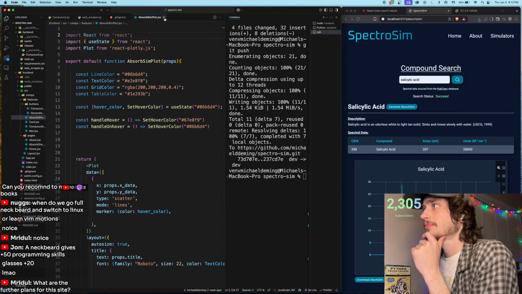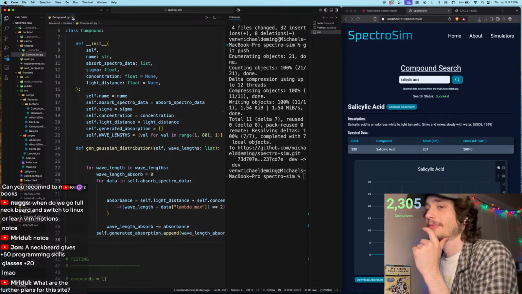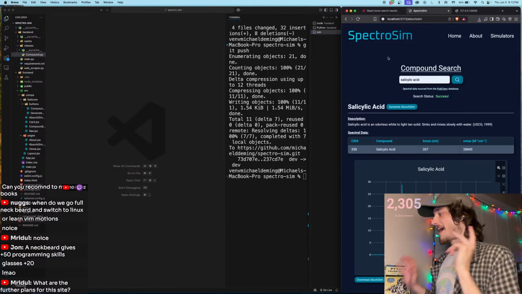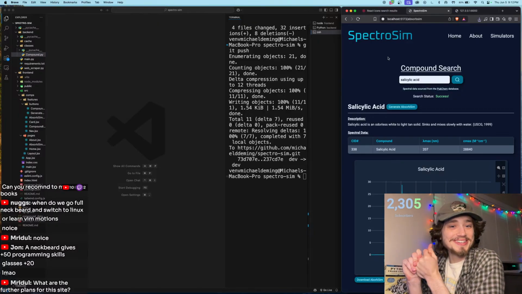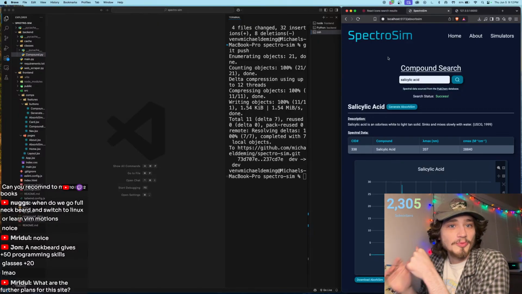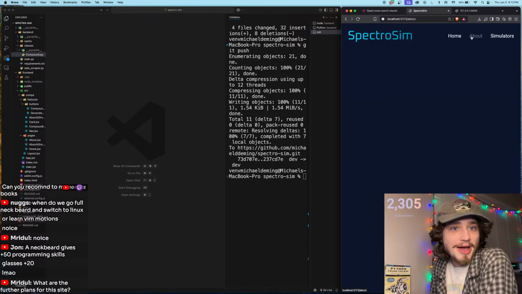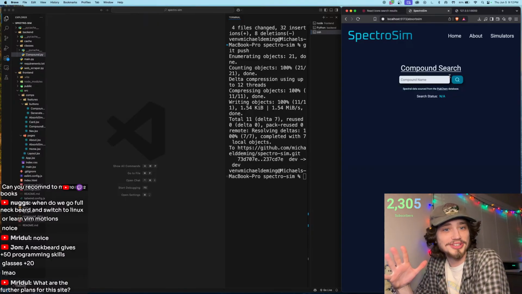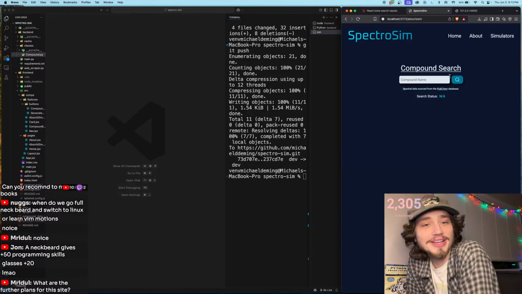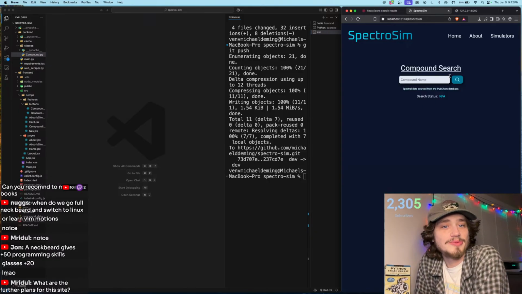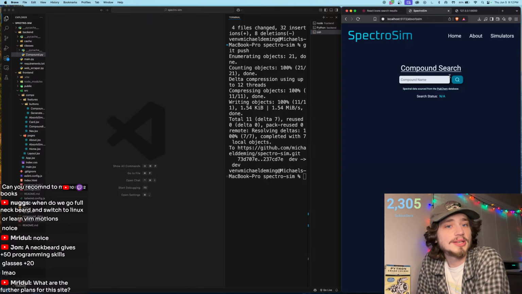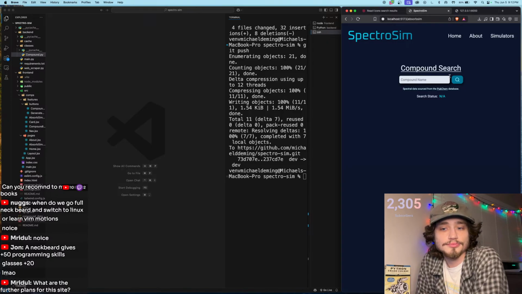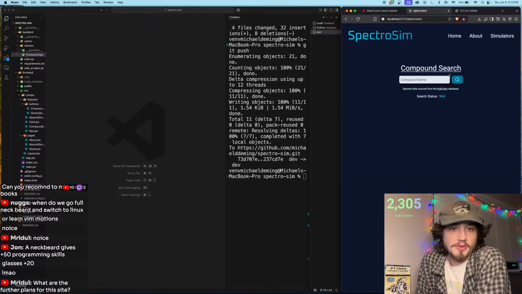What are the further plans for this site? So now that we have this page pretty much done, we're just gonna work on the home page and the about page, and then we're kind of ready to push and get this project up and going. But then I'm not done with it. I would really like to add an additional page for custom sim. It's gonna be a different product on the site where you can put in your own